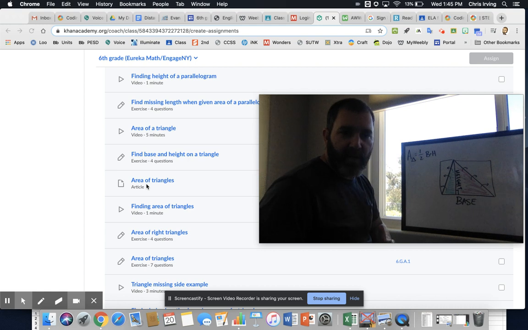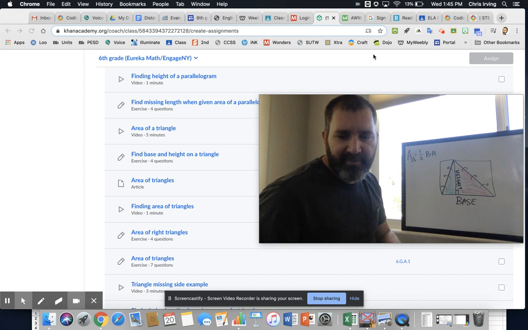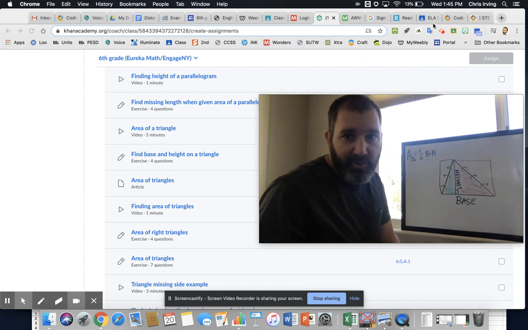Okay, so yeah, hopefully you've watched that video by now. Do the article, and then, of course, you have these 4 exercises. And these exercises are really simple. I had a hard time figuring out how they graded them because you actually have to draw on one of them. But if I go to my whiteboard here,